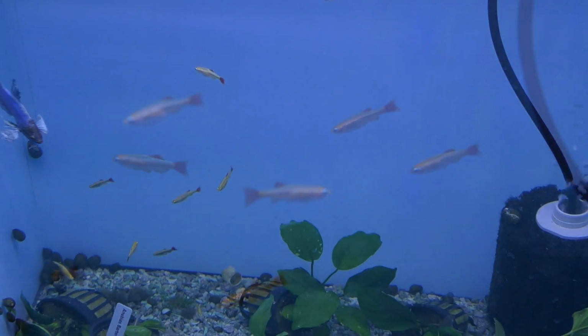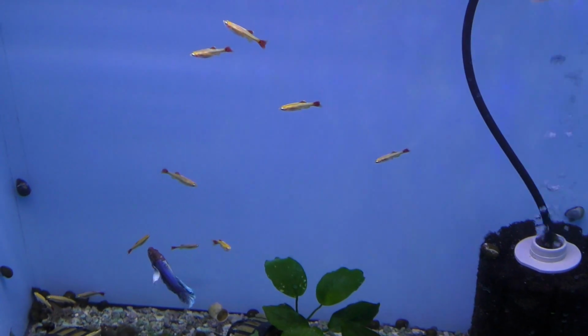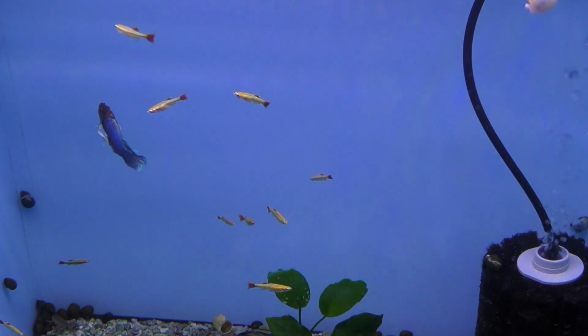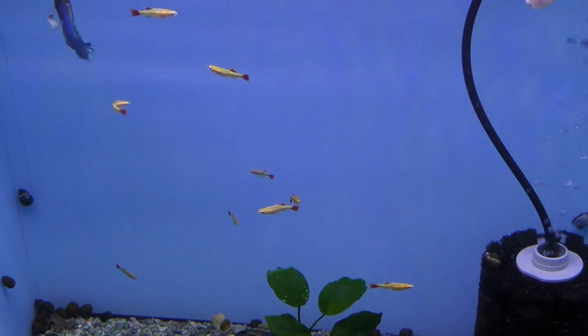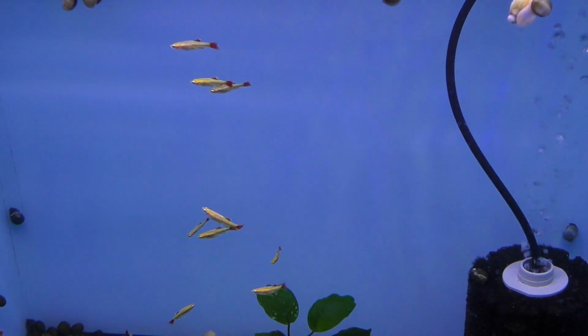They are super cheap. These guys are about $3. And they don't have to be heated, which is nice. They can handle almost any pH, almost any hardness. They'll eat almost anything, and they're really a hardy fish. And they're extinct in the wild. So with you keeping and breeding these, you're helping keep them going in the hobby, which is just an